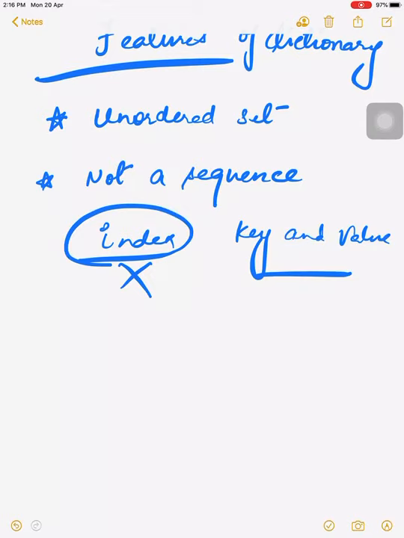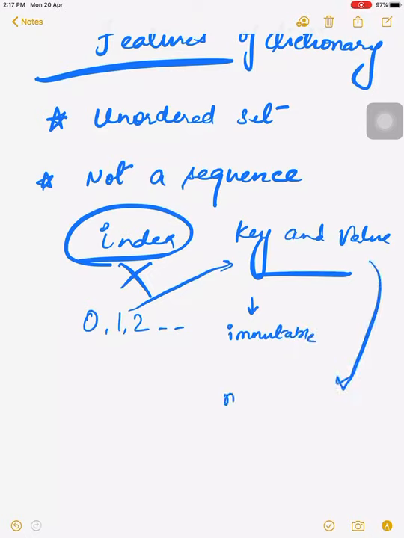Hope you understand this. We store the value of the dictionary in the key only. So here the key will work as the index. In the case of list, the index will be 0, 1, 2 and so on, while in the case of dictionary, this index will work as key. The key is used to call the value of the dictionary.